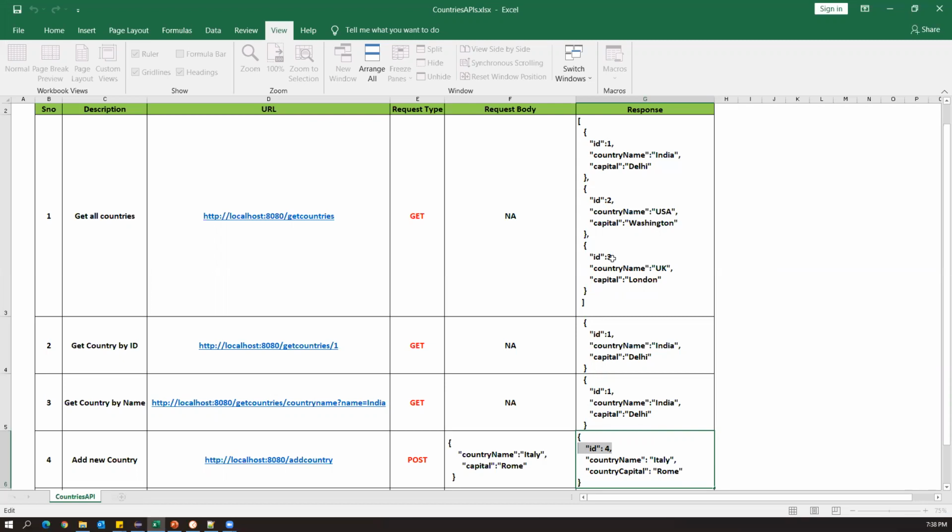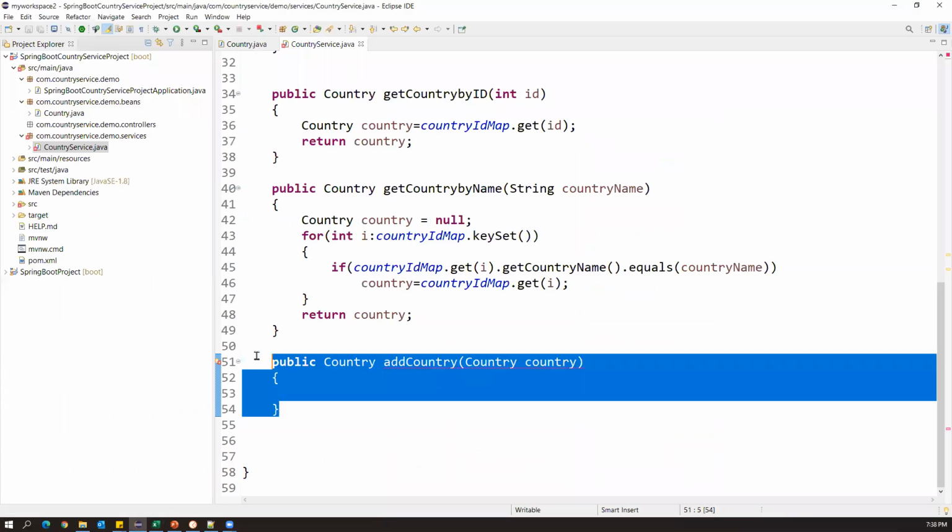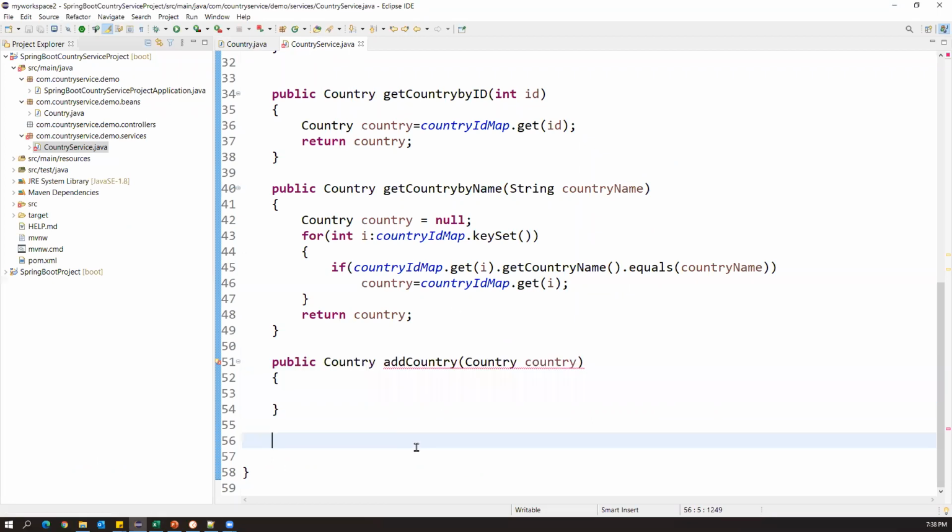What is the next ID? 4 is the next ID. We need to generate that automatically for every new record. For that, we need to write a small utility method, and then we will implement add country. We can keep the utility method here itself.